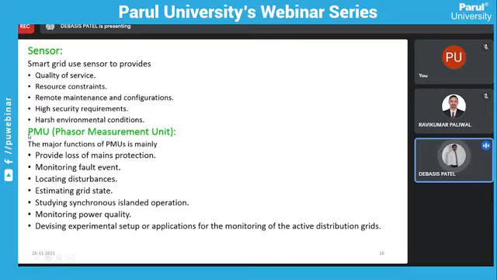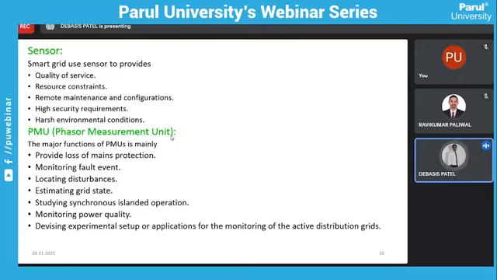Now the most important part is the PMU, phasor measurement unit, right? It is now integrated with our smart meters. As we already discussed, it also detects your power factor. It will detect the angle between voltage and current. It will store information per second: how the voltage waveform is going, how the current waveform is going. From that it will calculate power and your phase angle; everything is calculated from PMUs.